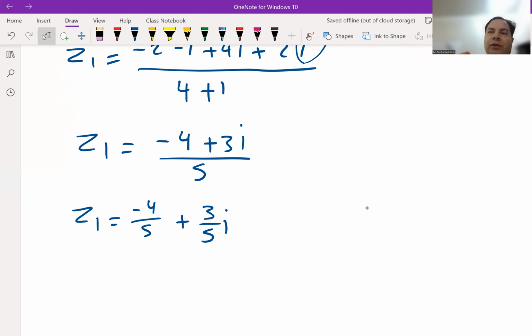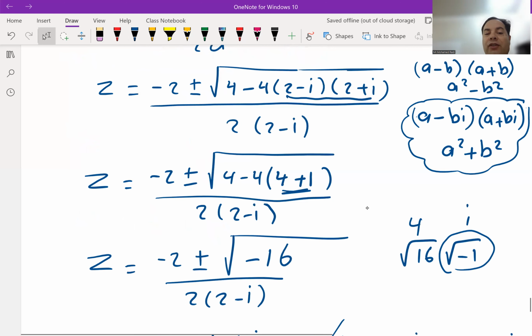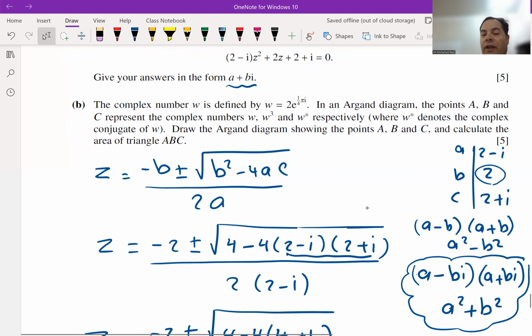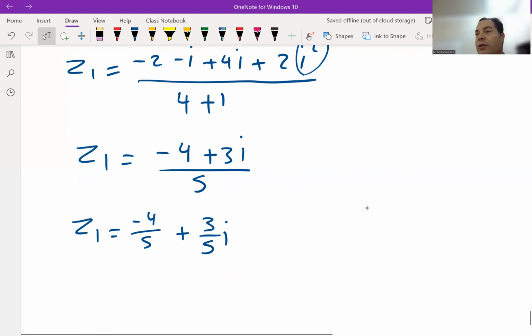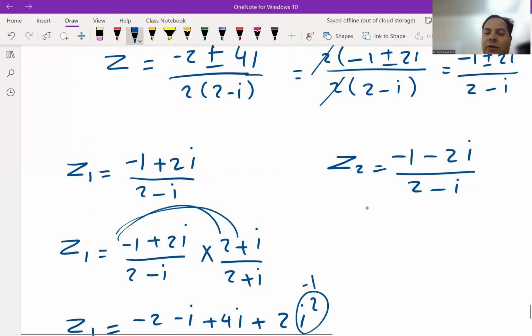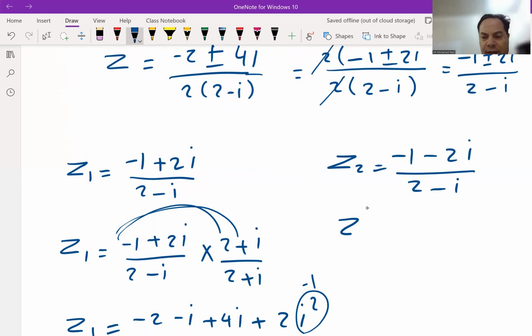If there is a complex solution for this equation, the other root will be its conjugate. This is in case A, B, C are real, but this case is different. The coefficients of this equation are not real. So please don't say that the second solution is the same but changes sign without calculation. No, it's not. Let's start to simplify, and I will show you that Z2 is equal, multiplied by conjugate, minus